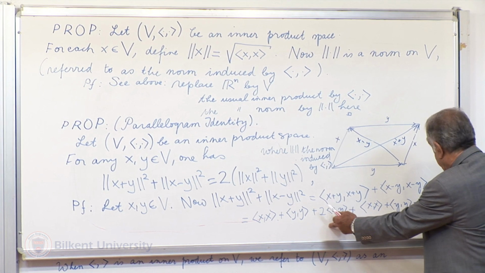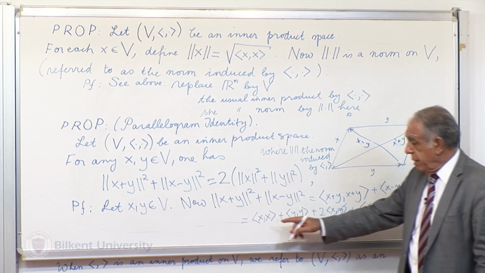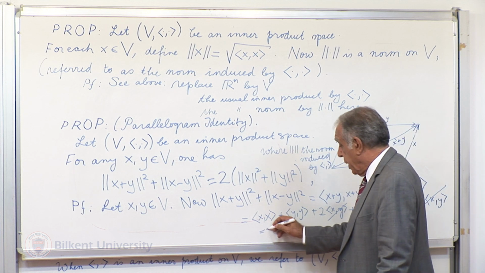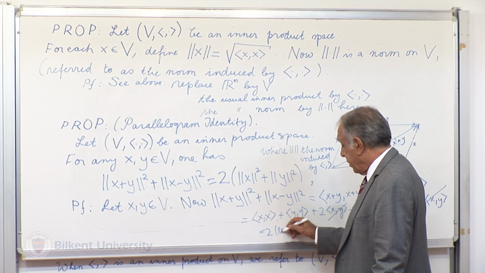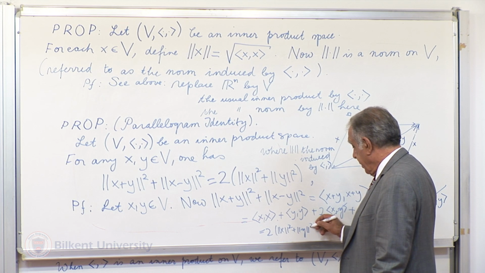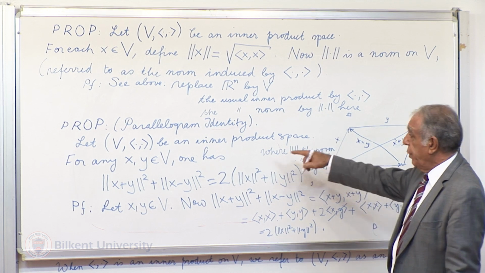So these two quantities, they get cancelled. But this is just the norm of x squared. This is just the norm of y squared. So you get this. So that's the proof of this